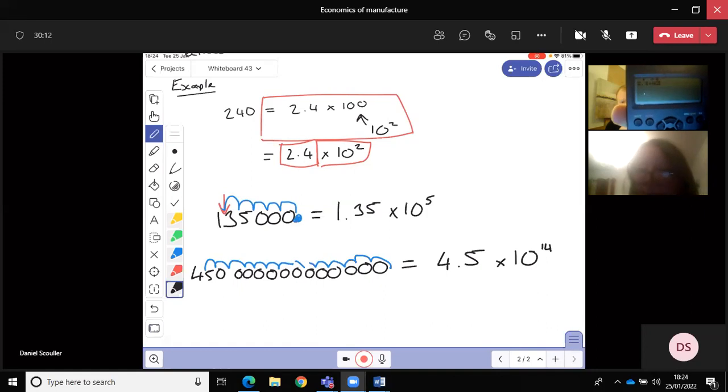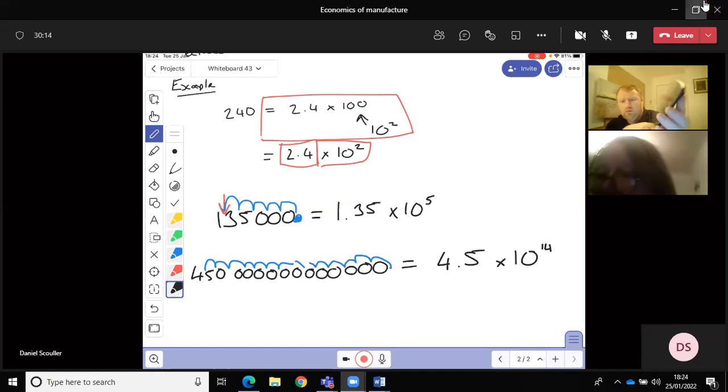Okay, so I'm getting that. I've got 2.4, either e to the 2 or 2.4 times 10 to the 2, and it should give you 240. If you try those with other numbers, 1.35, that button times 10 to the 5, it should give